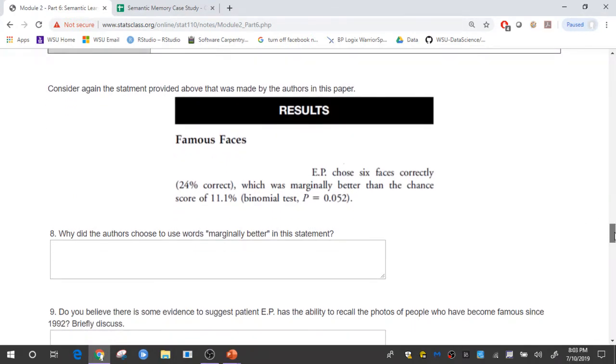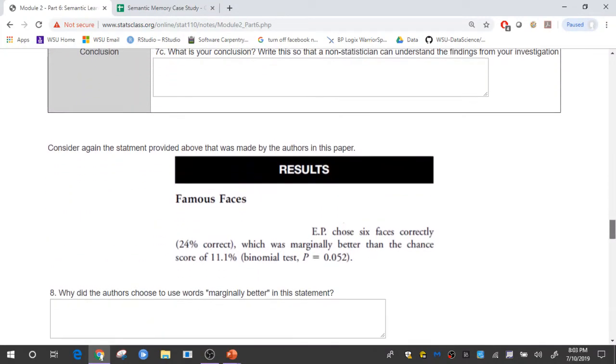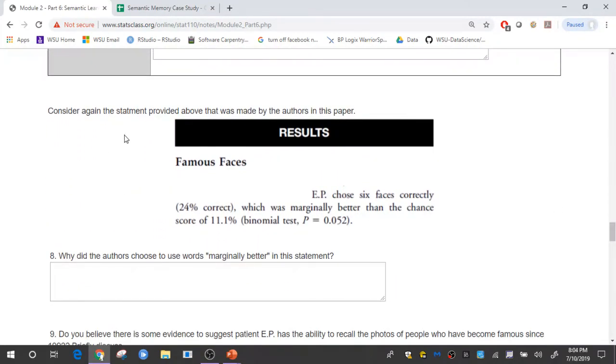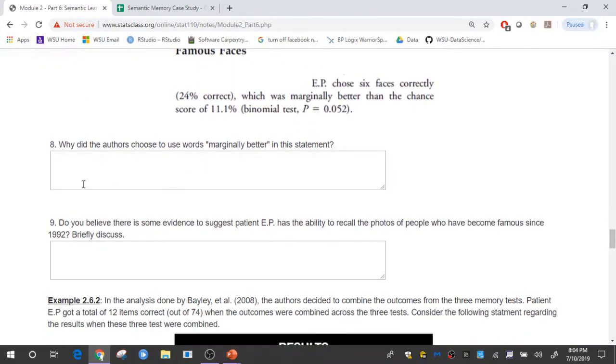So let's move down here to after the conclusion. Consider again the statement that's made. EP chose 6 faces correctly, which was marginally better than the chance score of 11%. So I got a couple questions here. Why do you think the authors chose the words "marginally better"? And then question 9, do you believe there is some evidence to suggest